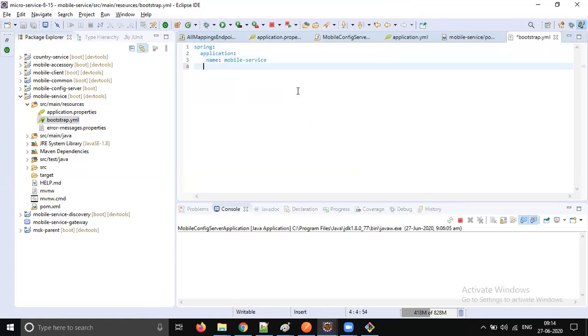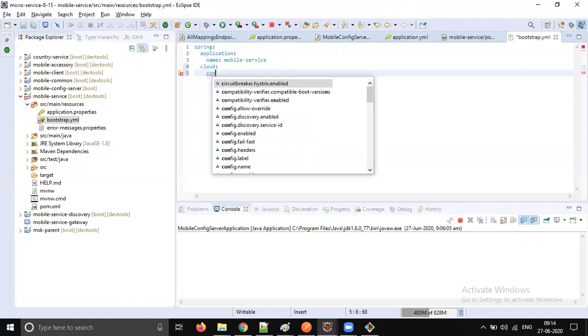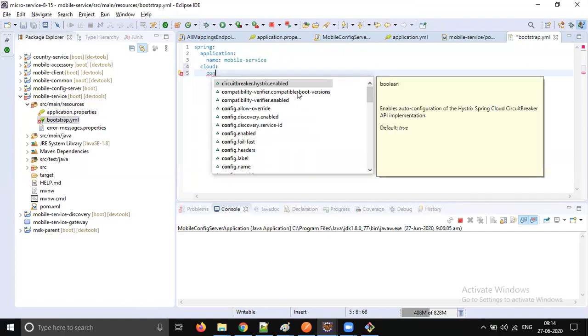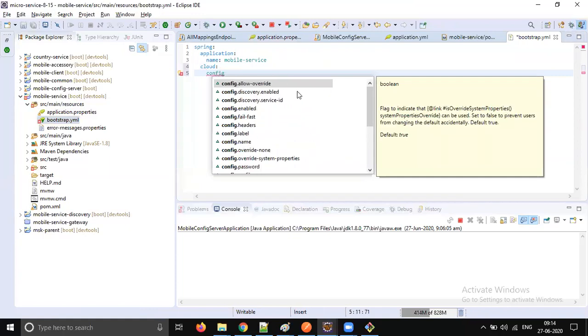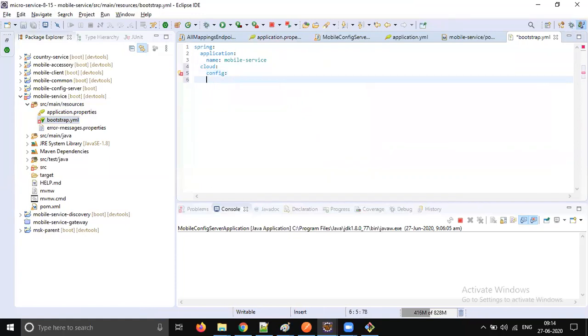So there is one small configuration we need to do to connect it to our cloud server, right? So I think it is spring, cloud, two spaces, config, go to the next layer, config, git, or else URI, yes, colon.